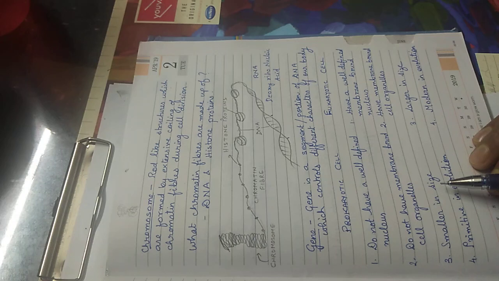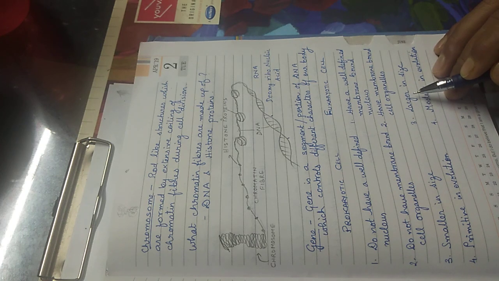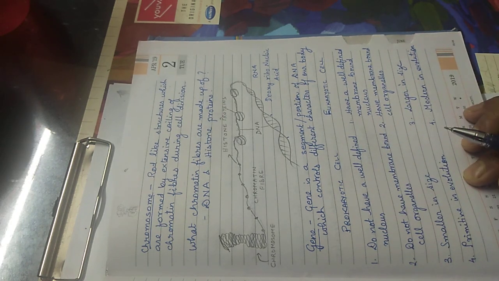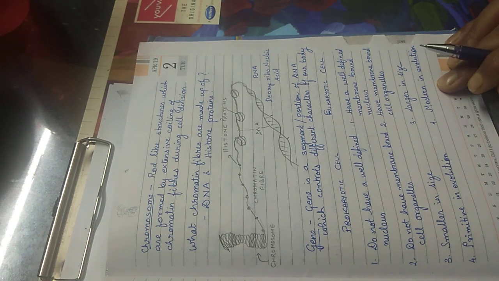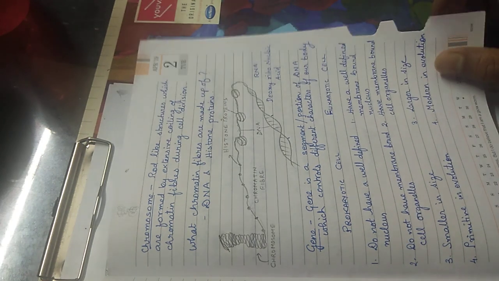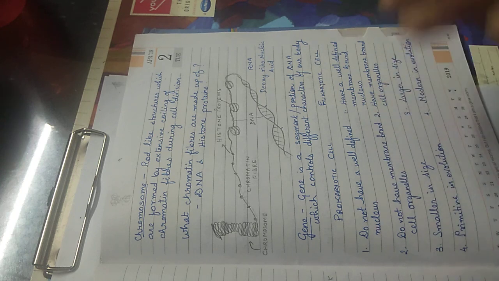Prokaryotic cells are smaller in size. Cell sizes are measured in microns, so they are generally between 1 and 100 microns. Eukaryotic cells are comparatively larger than prokaryotic cells. Prokaryotic cells are primitive in evolution; they evolved much earlier on planet Earth, and eukaryotic cells are modern in evolution. So these are the basic differences between prokaryotic and eukaryotic cells. That is the overall concept of the nucleus, and based on the nucleus, how we can separate cells as prokaryotic and eukaryotic.